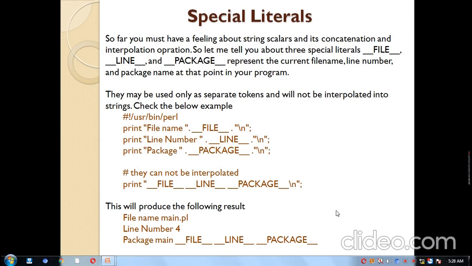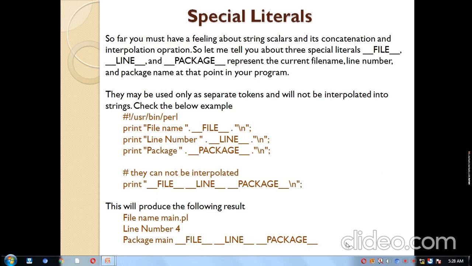Now let me check the program below. This will give you an idea about file, line, and package. These are the three special literals, and all three represent the current file which we are using. Now assume that we have named it main.pl. Now in output you are going to print main.pl.